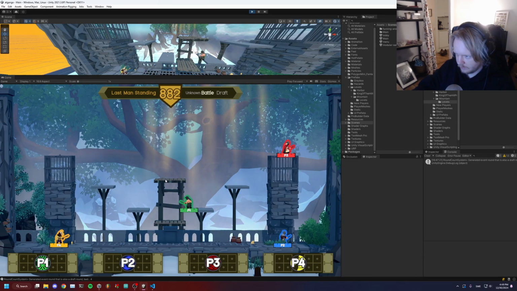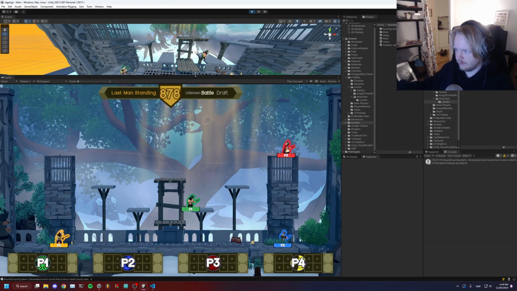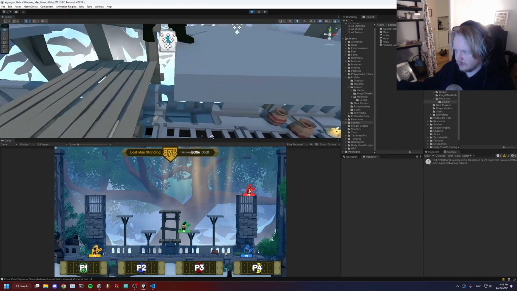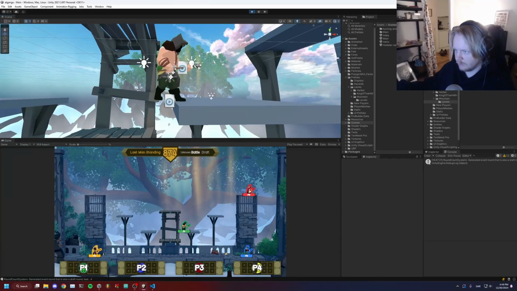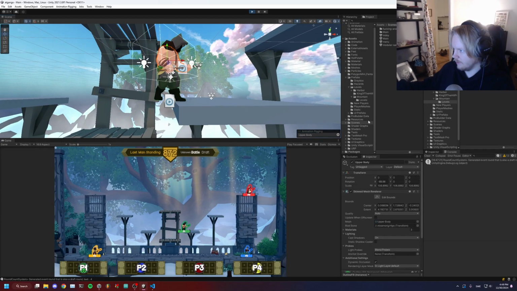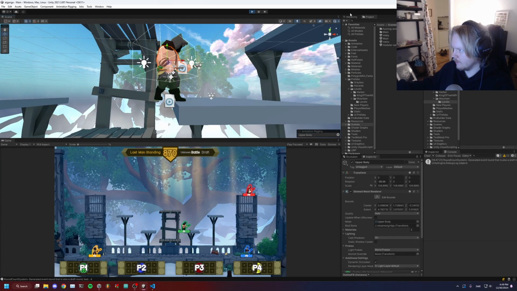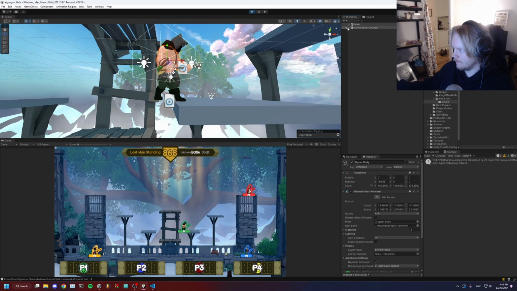I guess if we can land like this, and since the player is almost not the collider for the player, if we check the collider, let's see,